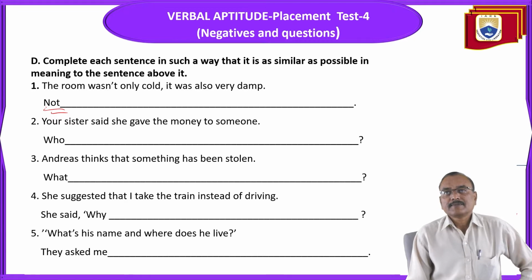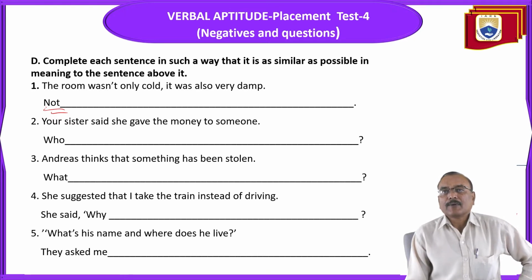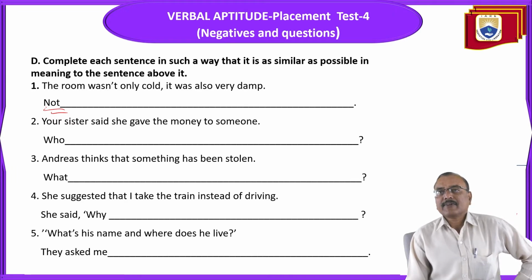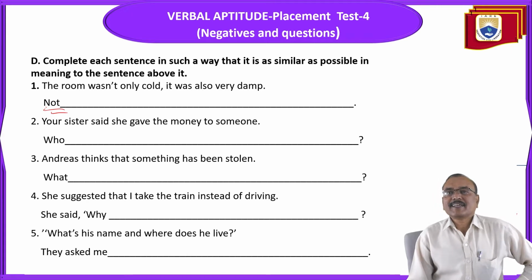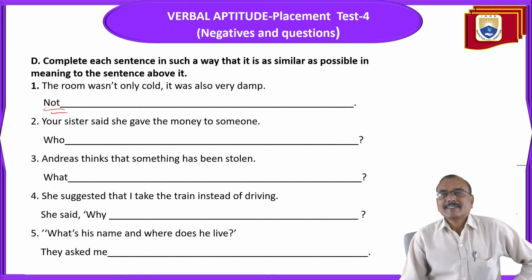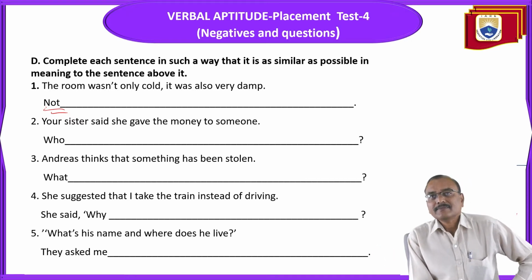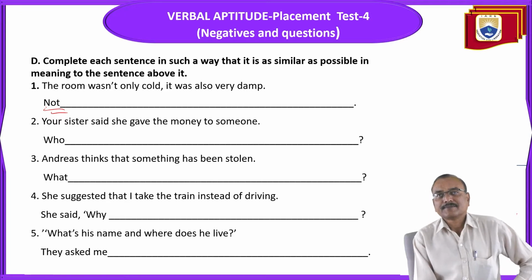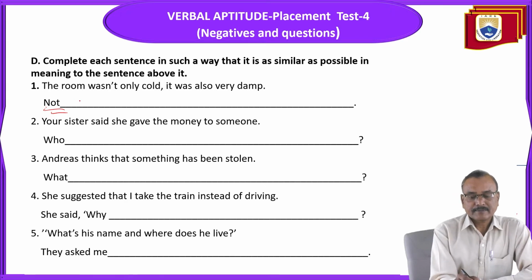Right? The room wasn't only cold, it was also very damp. So here generally we say "not only but also," but the sentence should begin with "not." So here what is that? Not only. Here what is that? Not only